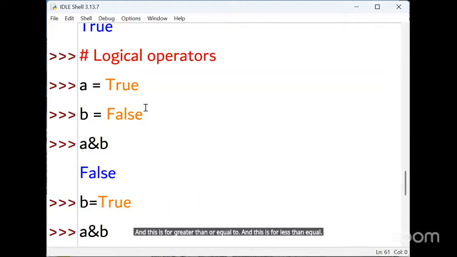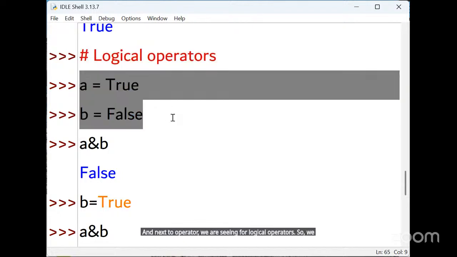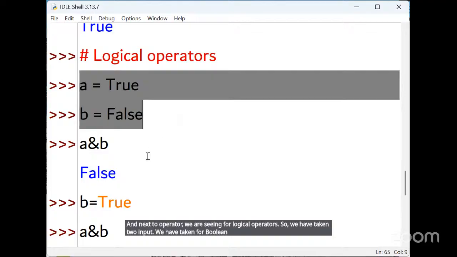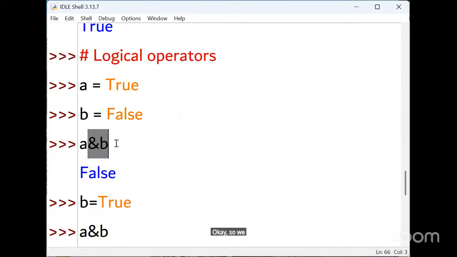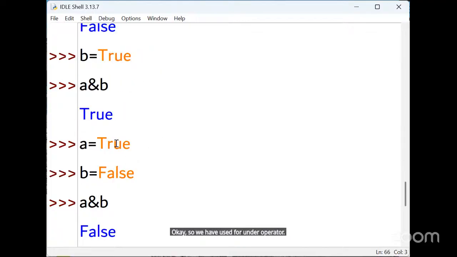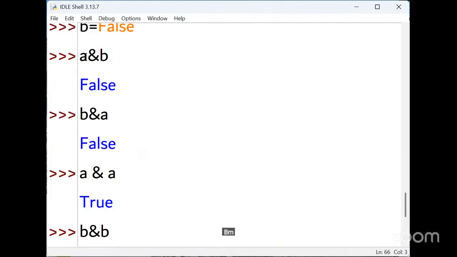And next we saw the logical operators. We have taken 2 Boolean inputs. We have used the AND operator. We tried A and B, B and A, A and A, and B and B. So using the AND operator, we checked 4 conditions.